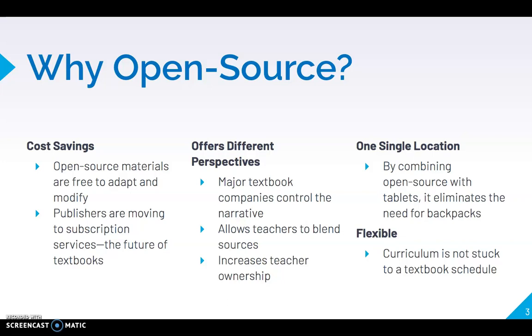Another thing is that they offer different perspectives. If you use 2 or 3 different open source textbooks, it costs the district nothing, whereas you can't just go out and buy 2 different sets of textbooks. There's not typically funding available for that. The issue is that California and Texas have 2 different textbooks, and when you examine it, depending on who it's marketed towards, the information is portrayed differently. It's got 2 different stories.